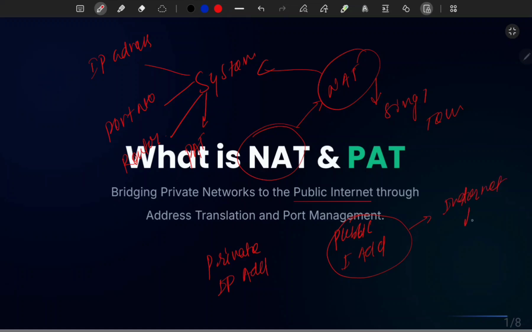like YouTube, Google, Netflix, Instagram. These are all public IP addresses. They are available on the network, but a private IP address exists only inside the system. There is no other side. No one from the outside world can see your private IP